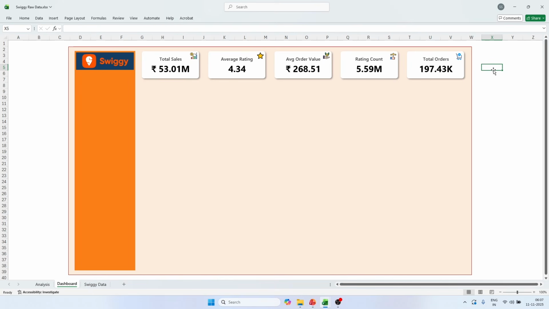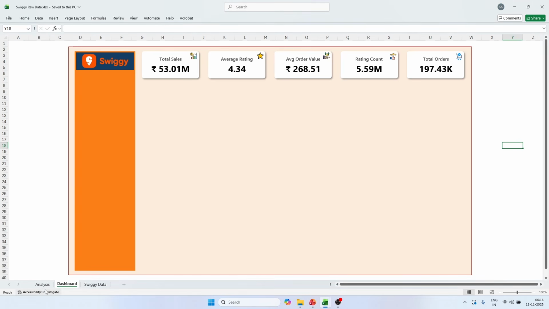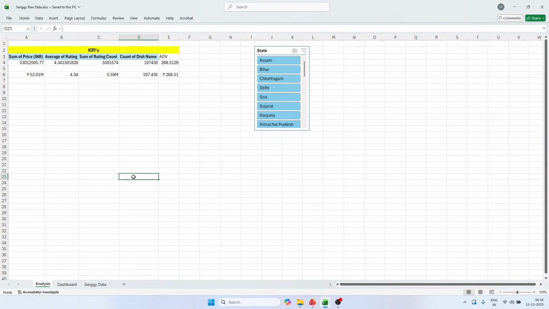And now next we have to go ahead and create all our other charts, right? So for that we have to go into the problem statement and see what we have to create first. All right, now for the charts requirement, as per our problem statement, the first thing to find out is the monthly sales trend. Okay, so for that, I will go over here and try to use this